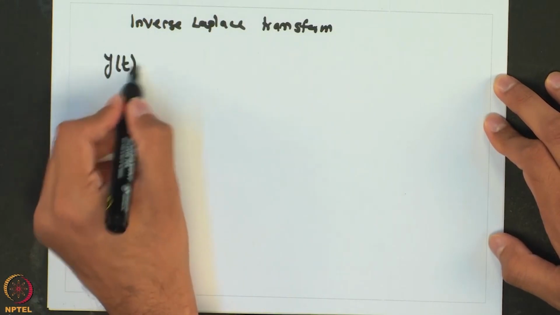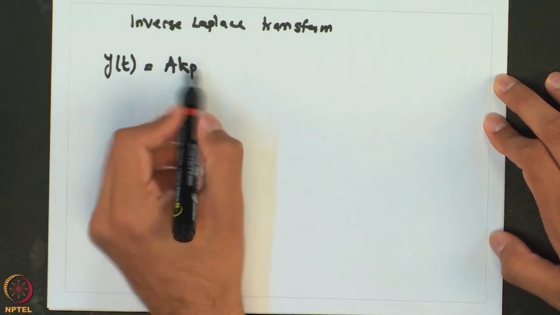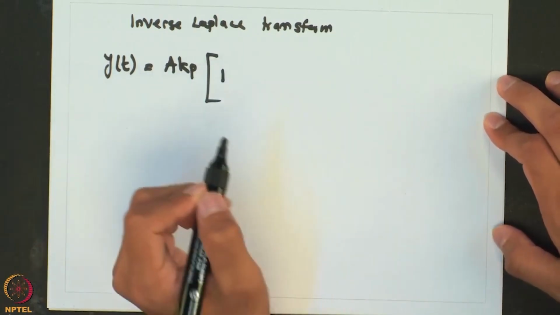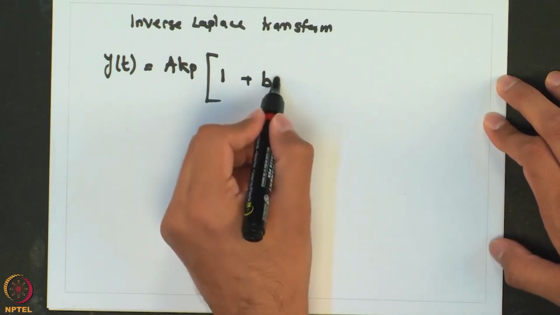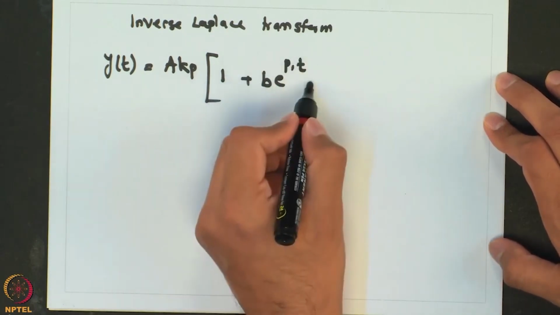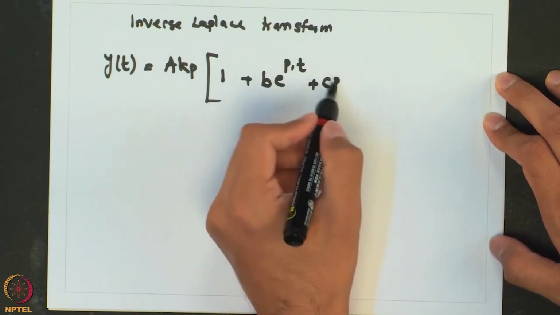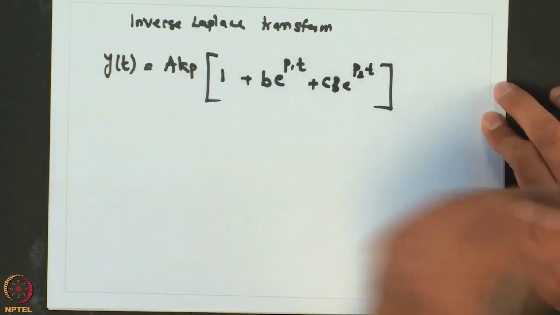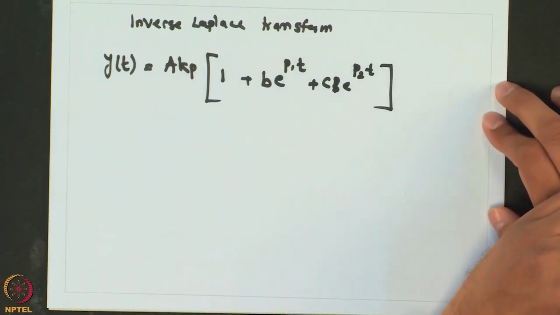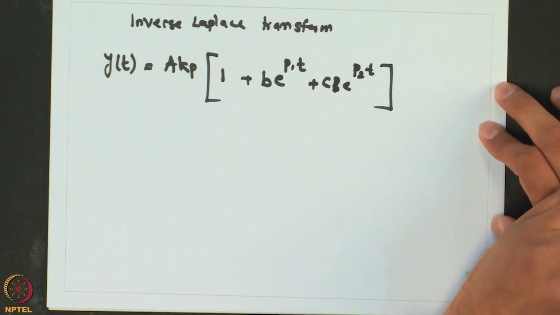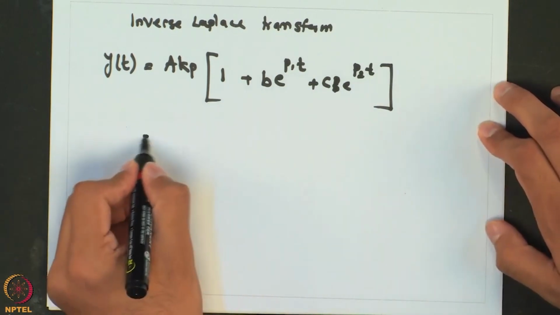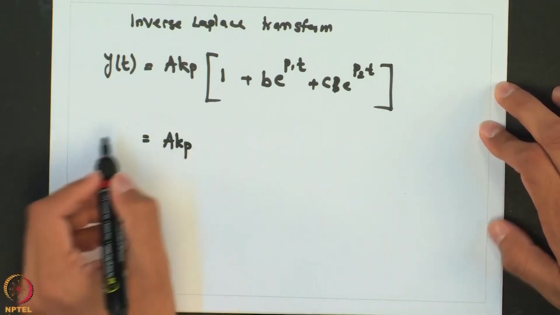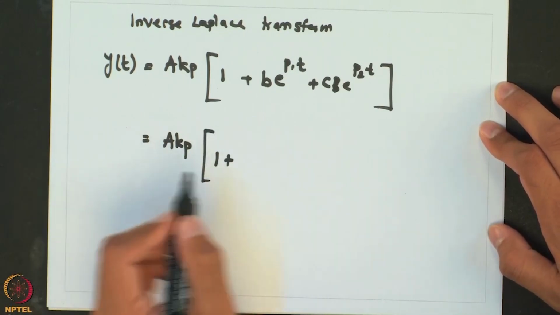we will get y of t is equal to A Kp, and then inverse of 1 over s will be a constant 1, and then we will get B times e raised to p1 t plus C times e raised to p2 t. Now here we can do a lot of algebraic manipulations, rearrangements, and then eventually we can simplify this system. So I will skip few steps and I can show you that the response would look like 1 plus, we can write these terms,